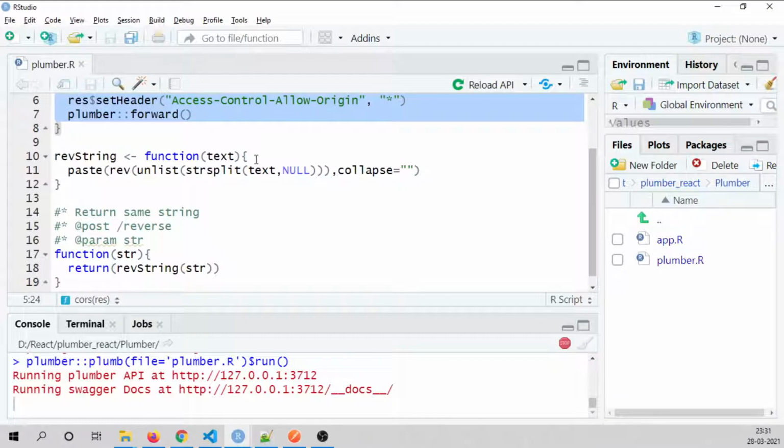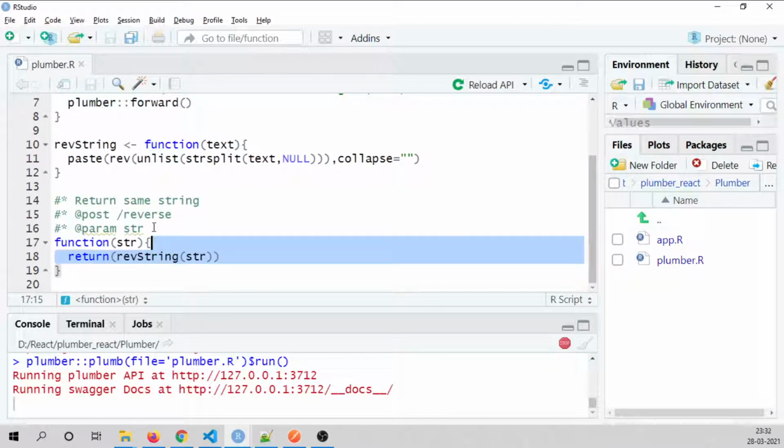Here I have made one API endpoint called reverse, and it takes a parameter as a string, reverses it and returns it as an API response. And this reverse string function is defined here. It is solely responsible for reversing the string. That's it, this is all about the Plumber API.